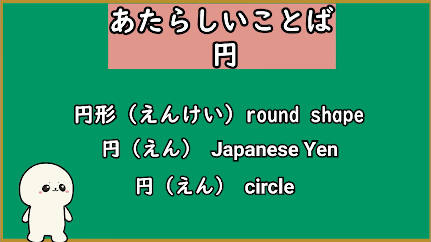New words: 円形, round shape. 円, Japanese yen. 円, circle. 今日はここまでです。またね。